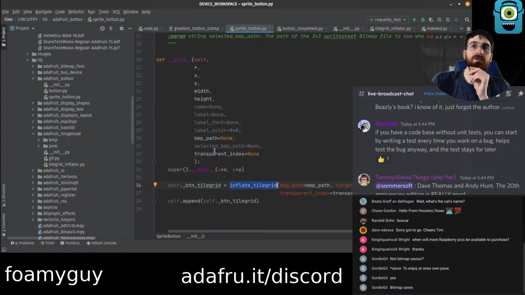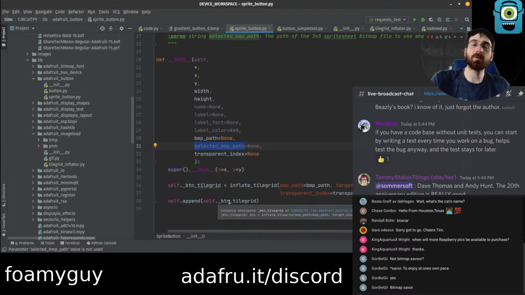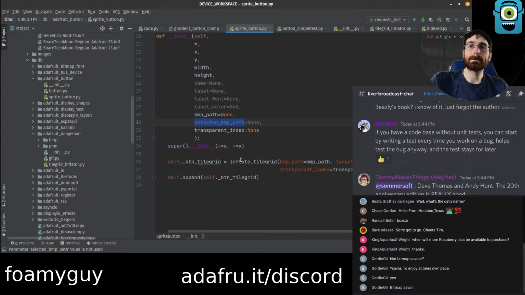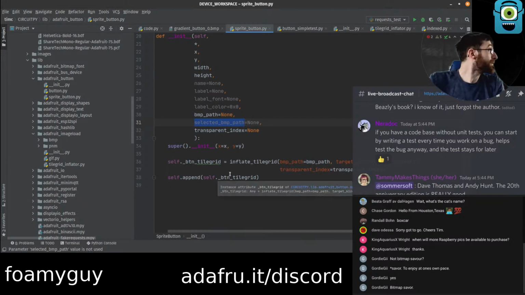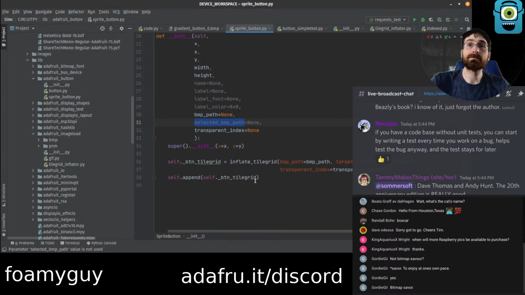Because we actually need our selected bitmap. We need that to be either a bitmap object or an on-disk bitmap object. Yeah.